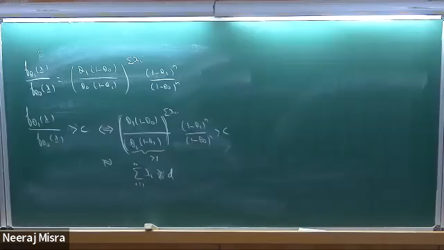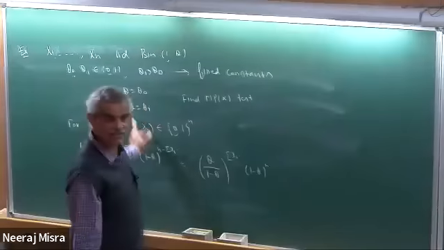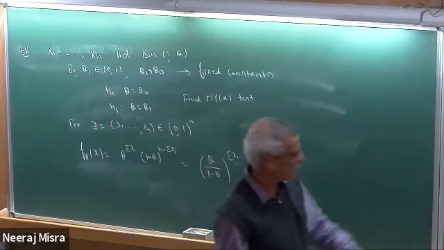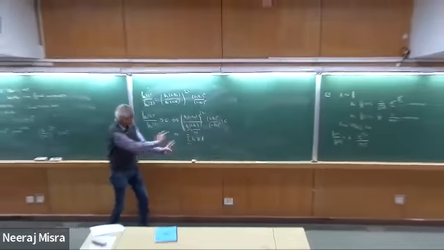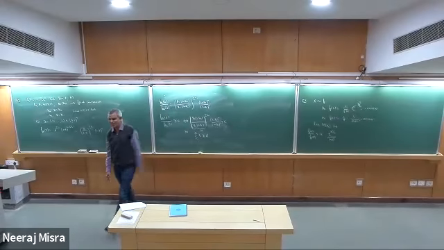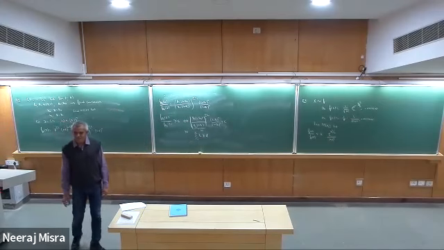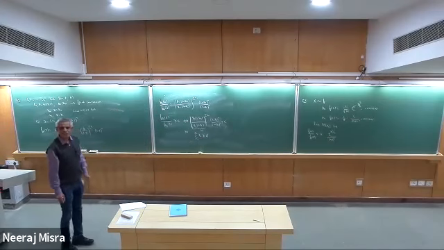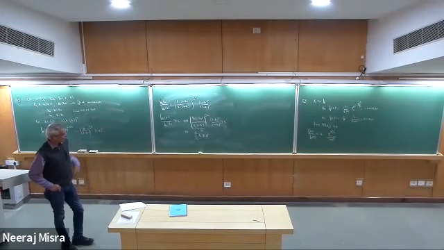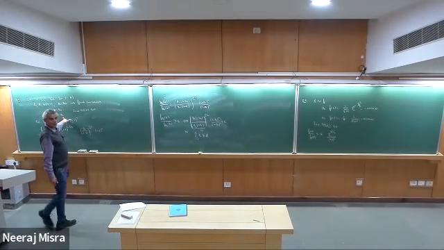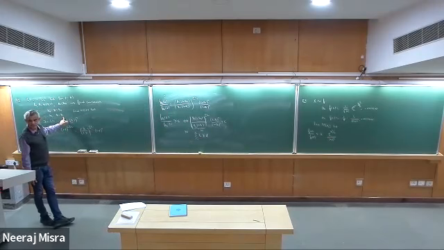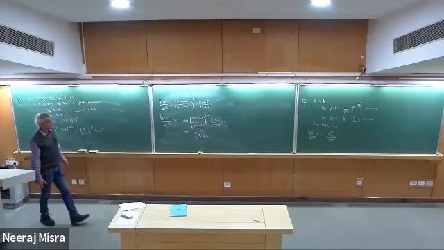Now note that if here you had to test H naught: theta is equal to theta naught against theta is equal to theta 1, where theta 1 was less than theta naught, then this quantity would have been less than 1, and the log of that would be negative, and the inequality would have changed. Your rejection region would have been summation xi less than d. Is that okay? So that is where it plays a role whether the critical region is summation xi greater than d or less than d, depending on whether the theta 1 prescribed under the alternative hypothesis is bigger than theta naught or less than theta naught.